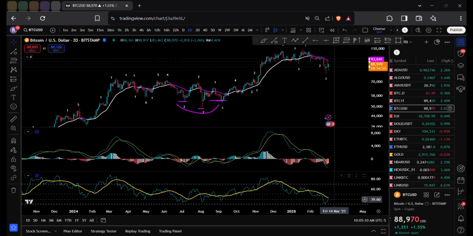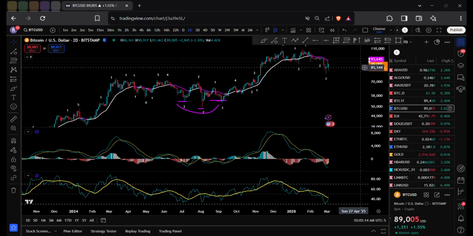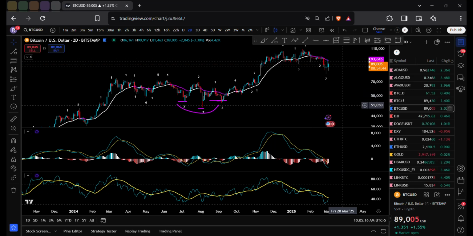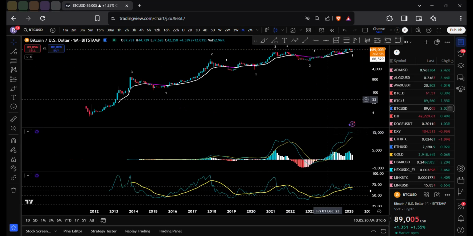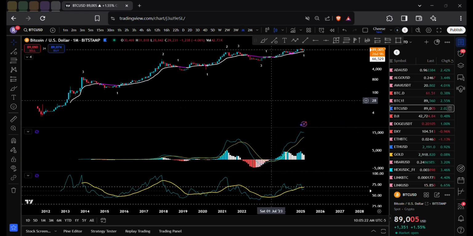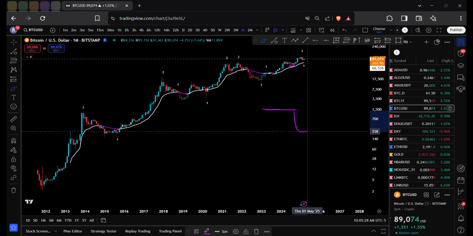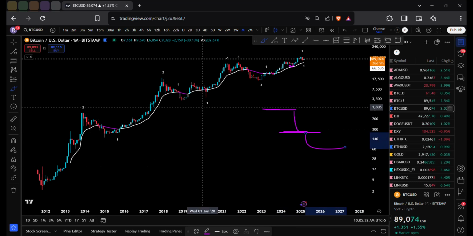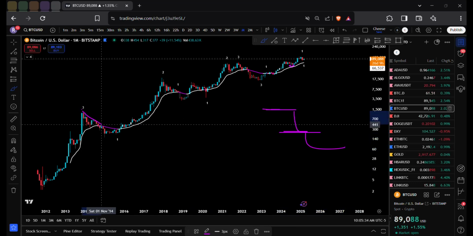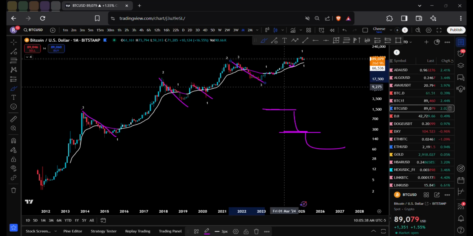So here we go. Importance of the inverse head and shoulders, letting the chart form. Is this a good time to potentially dollar cost average? That's the most important thing, right? Because when you're buying something, you don't want to dollar cost average here, then the asset goes lower. Okay, now we're dollar cost averaging here, then we go lower, right? You're dollar cost averaging for a year and a half, a year and a half, a year and a half. You don't want that.